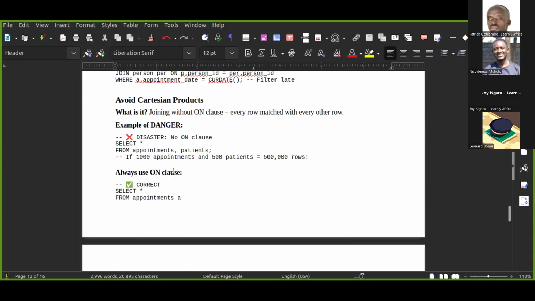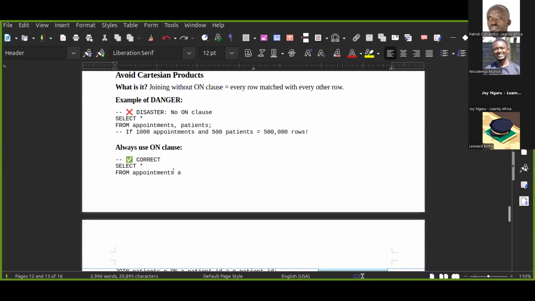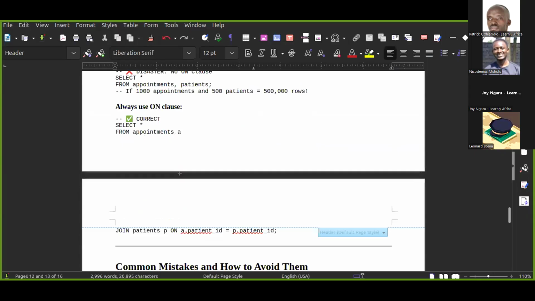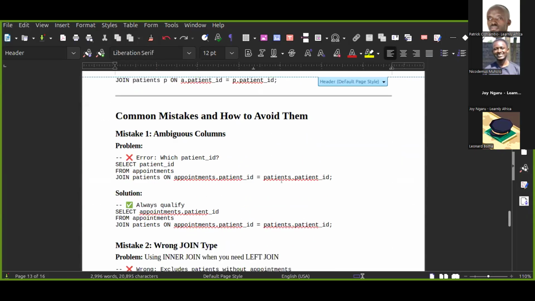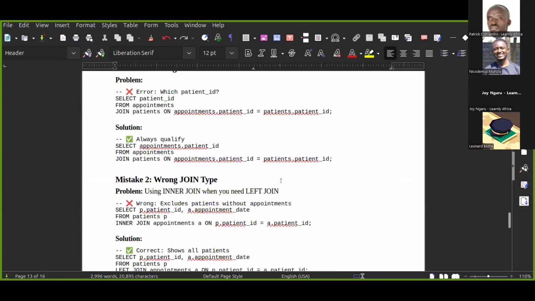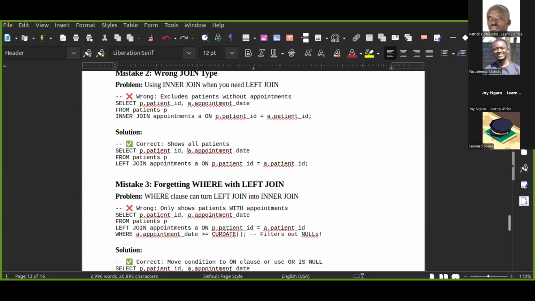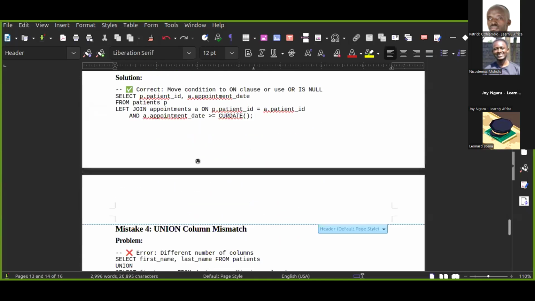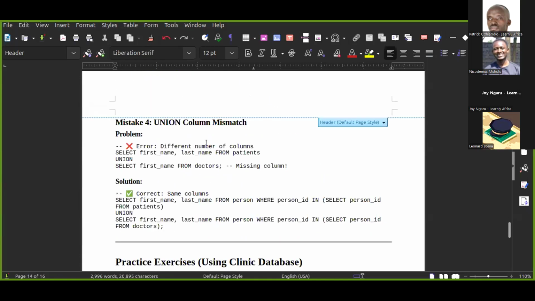A lot of information again, just to tell you some good examples, use cases, more mistakes and how to avoid them. Wrong join type, where left join. Yeah, more information. There are also practice exercises which you can go through, like a list of phone numbers. Yes, exercises also to try and see what you can do about